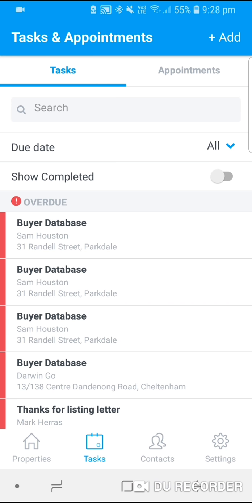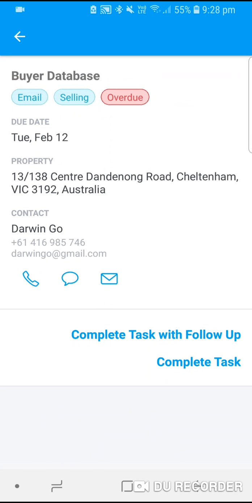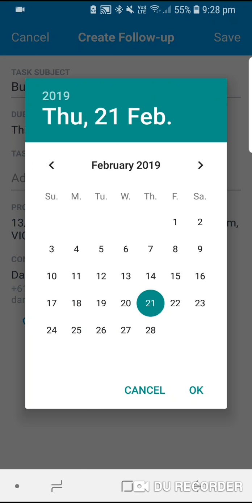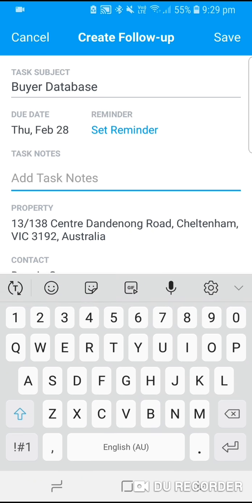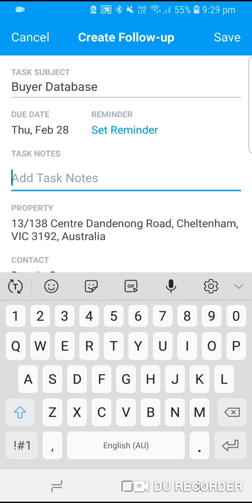To complete a task, click onto the task and either make the outgoing phone call, SMS, or email. Most of the time when you complete a task, there's some additional follow-up that should happen after that, touching base with the client so that the communication continues. Because of that, most people will use the complete task with follow-up option. Select that option and the screen will give you a date picker for when your next follow-up task will be. Select a date, pop in some notations about what was completed on that task,